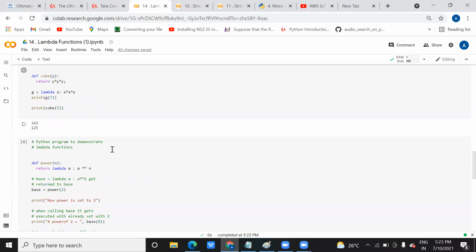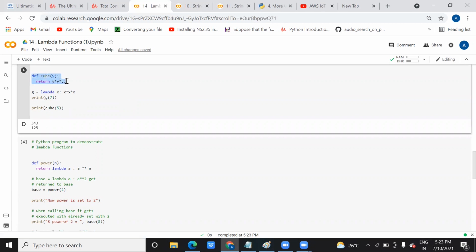So similarly, there is another function. Now here you can see it. This is one more function. You have created define cube y, and it is returning the cube of any number. Okay, this is a normal function we usually write. And with a lambda also, how can you do it? Lambda x into 3 times x. So are you using any name of a function here? No, right? You are just assigning to this variable g, and you are just initializing a value here, 7, and then you are printing it, right?